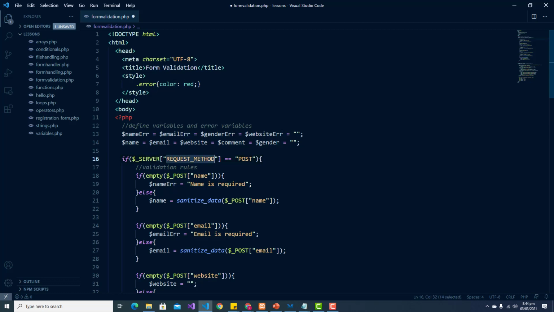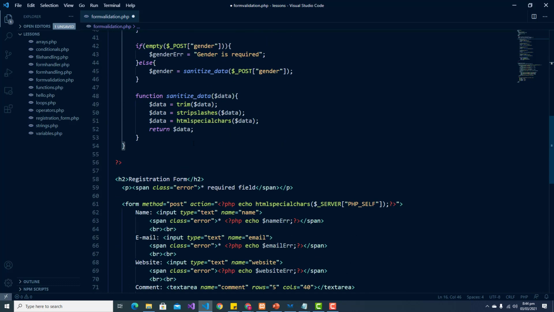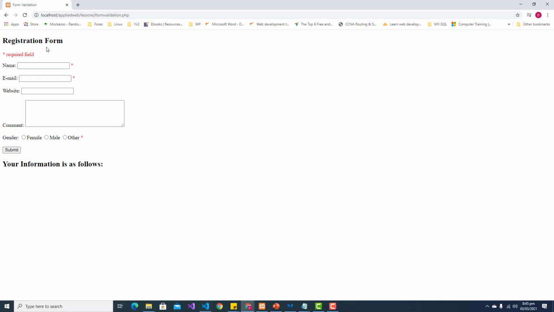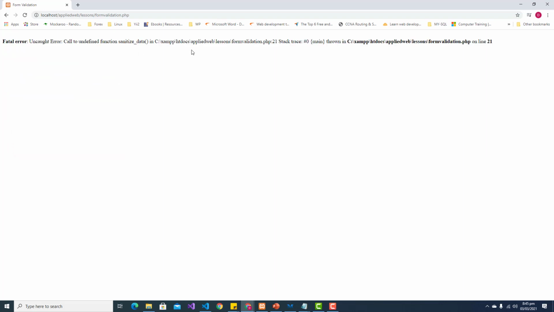So some of these are built-in strings inside our PHP language. So we have to check if it's equal to POST. And I usually capitalize POST and GET. So let me capitalize them and save this. Let's try that now. So let's refresh. Okay, so now we get our validation showing up. Name is required, email is required. If we fill our form out and try to submit,